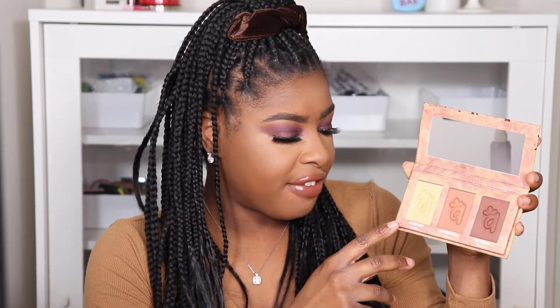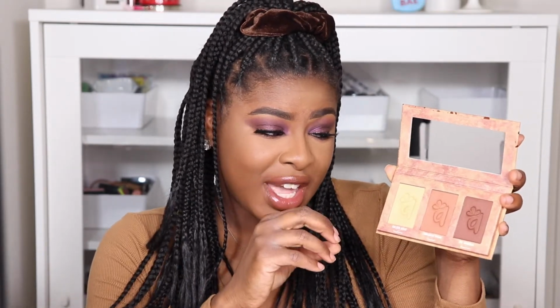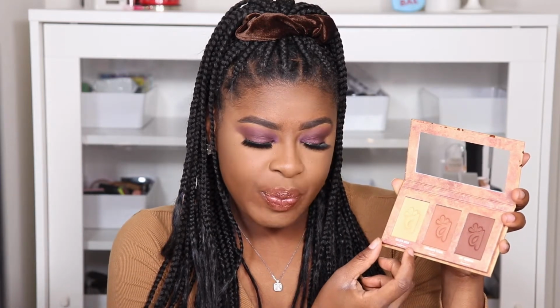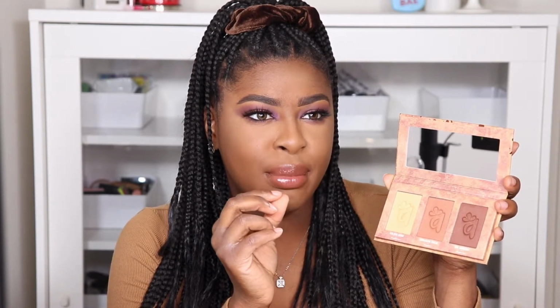Now, first impressions: I'm looking at the shade for the Brighten. Let me move my camera. I'm looking at the shade for the Brighten, and it looks pretty orangey. So I'm going to be using that underneath my eyes, and I'm not sure if that's going to work for me, because I feel like I could have gone with the brightener shade in the medium palette. Because orangey, like, I was a makeup artist, using a brightener for a really chocolate tone,